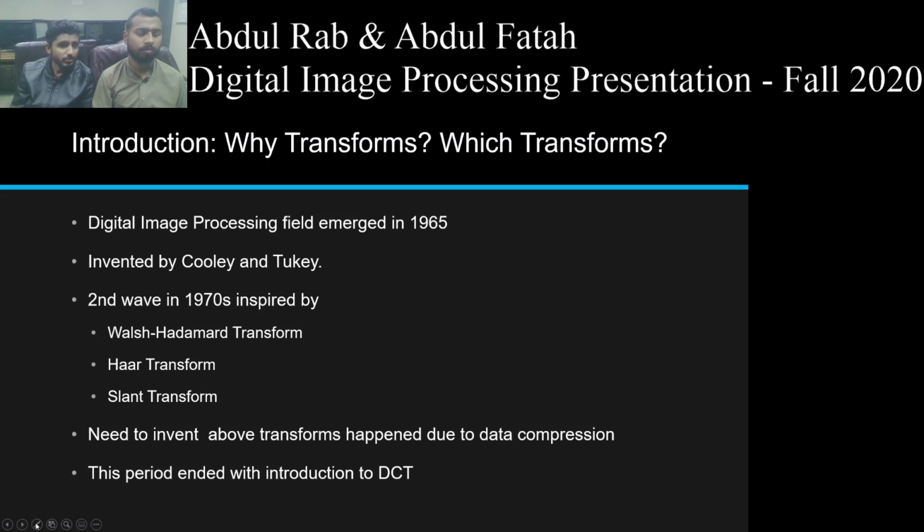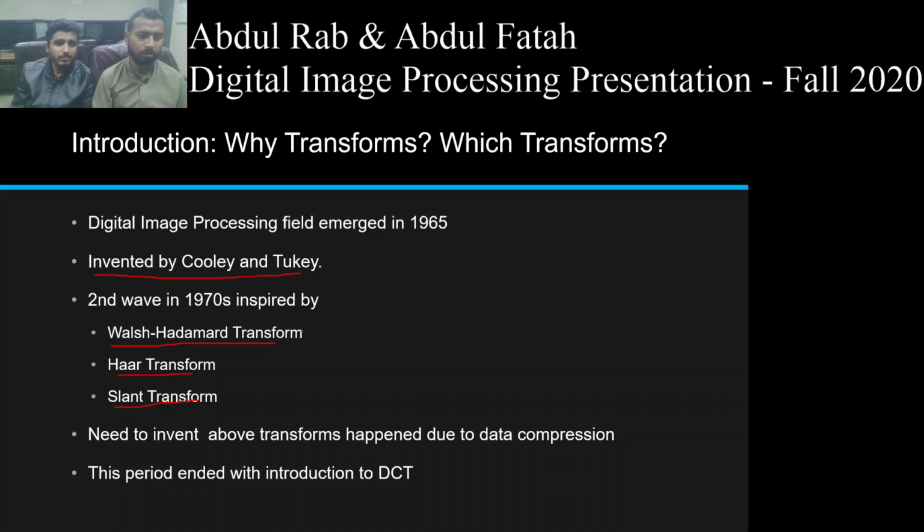Cooley and Tukey, who were working on the fast Fourier transform, actually invented this field, digital image processing. And in this wave from 1965 to 1970, they invented lots of transforms which helped in engineering and many other fields. So in the second wave